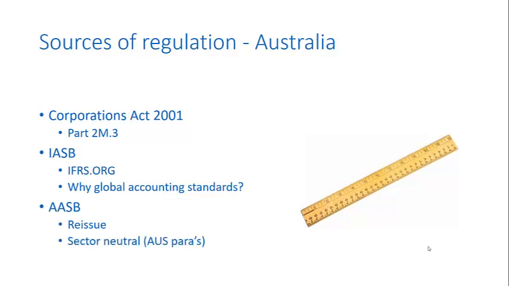So I'd encourage you to just have a quick look at one or two of the accounting standards and just see that whilst they're largely reissued and they are totally consistent with the IASB's, they are subject to minor modifications to make them sector neutral. So that's why we have regulation, and that's who issues the regulation. And now that we understand that, I think we're in a much better position